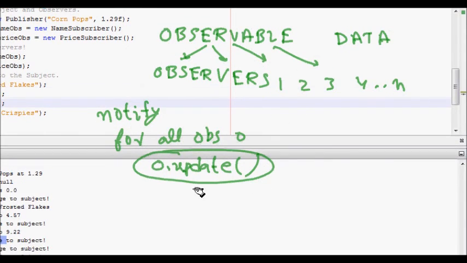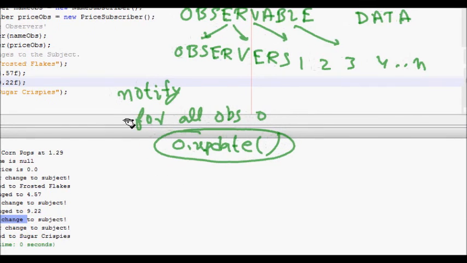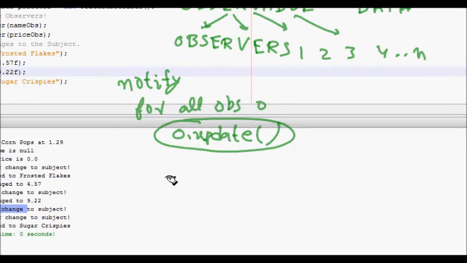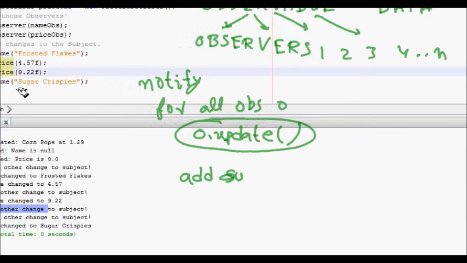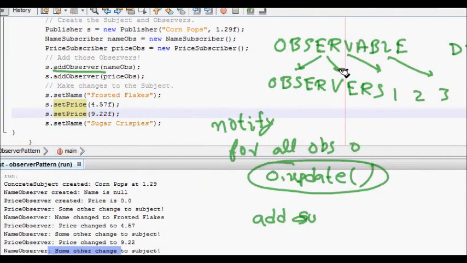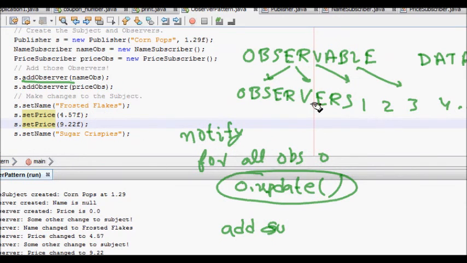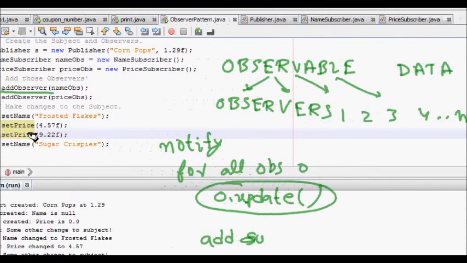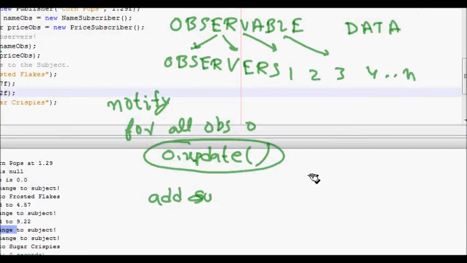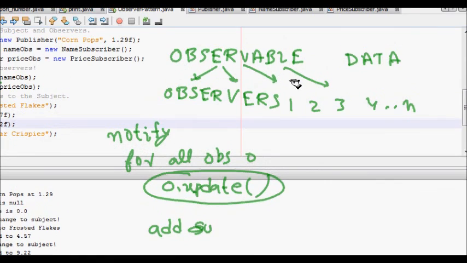Then some other things are there, that you need to add a subscriber. The add observer method is there in the observable class, so that a list of observers is kept. You can also remove some observers. If I'm not interested in your data, you are bombarding me with data, you are bored with my data, then you can ask me to unsubscribe.